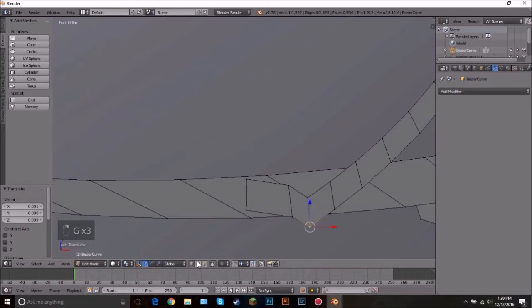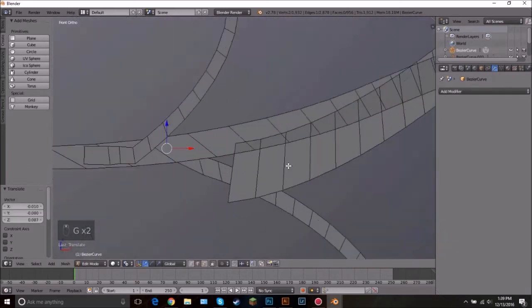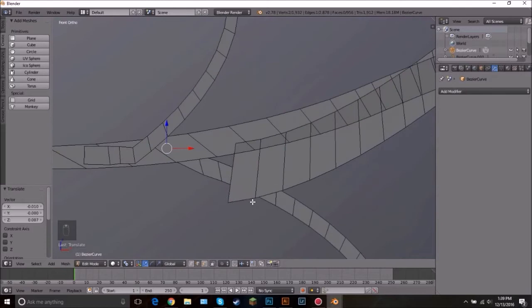Just cleaning up the mesh, making it look nice. There we go. Now this one over here. Nope, this one. Now this one is a little messed up. How do I want to do that? I think if I just...